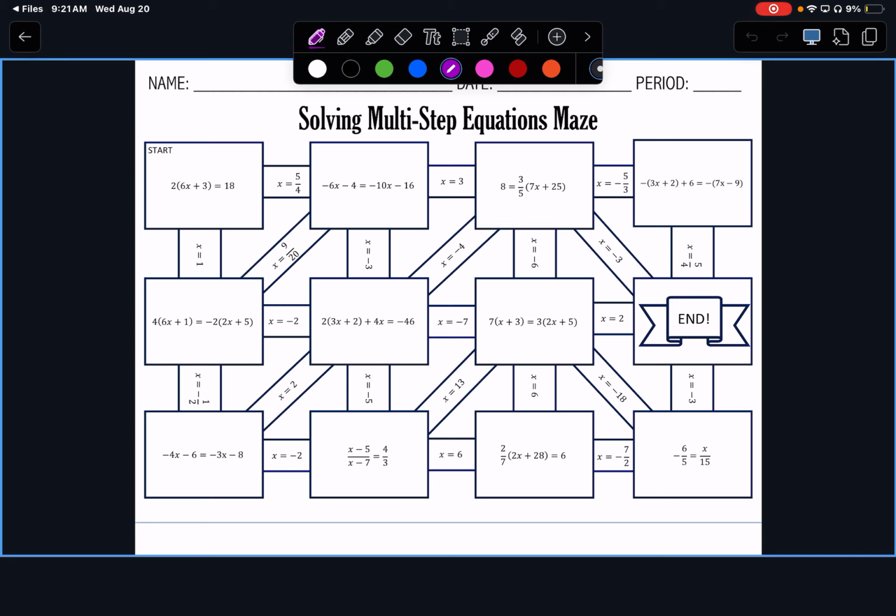If you do not finish by the end of class, you will take it home, finish it for homework, and bring it to me tomorrow. First thing, as soon as you get in here, it should go in the bin. You are free to use scratch paper if you want to, or you can use the back. If you use scratch paper, make sure it gets stapled to this paper when you turn it in. Sound good? All right, cool. I'm gonna go ahead